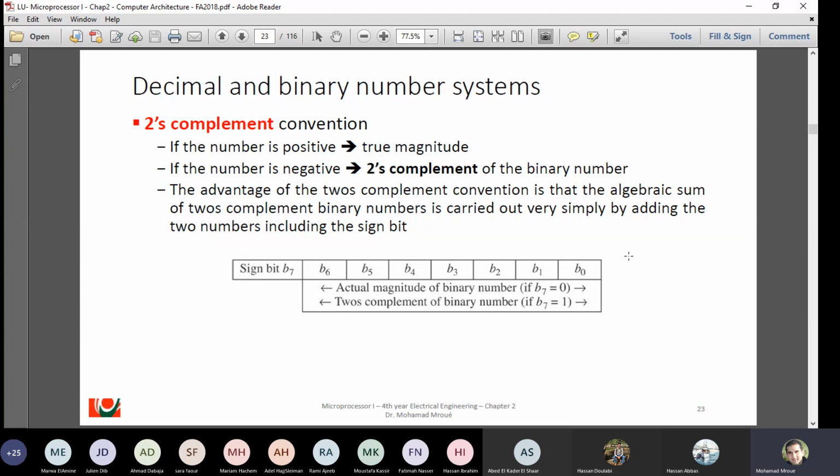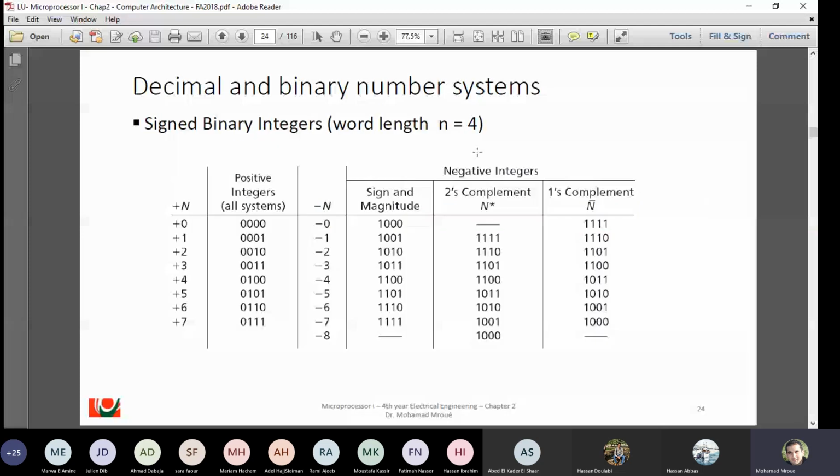So the advantage of the two's complement convention that the algebraic sum of two's complement binary numbers is carried out very simply by adding the two's numbers, including the sign bit. Okay. Like for positive integer هون لنقول الريبريزنتيشن هي على 4 bits. اوكي. سو على 4 bits عندنا zeros يعني plus 0 0 0 0 1 plus 1 عندنا 2 3 لنوصل